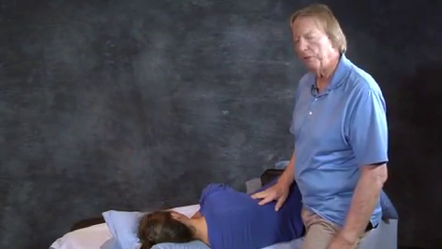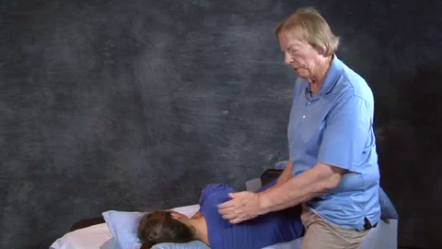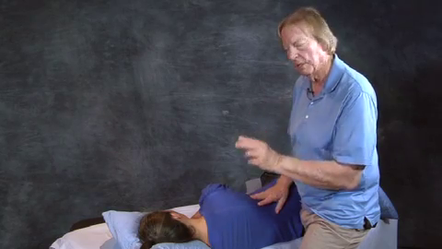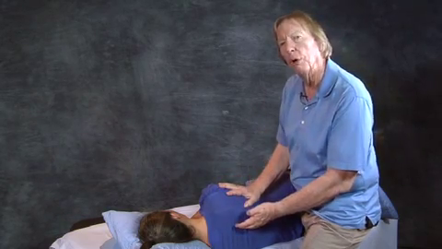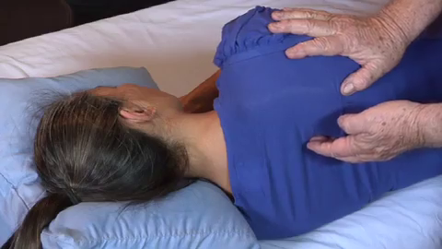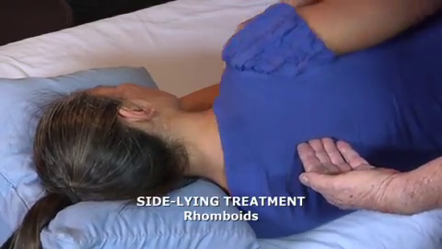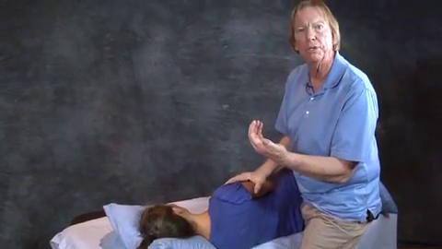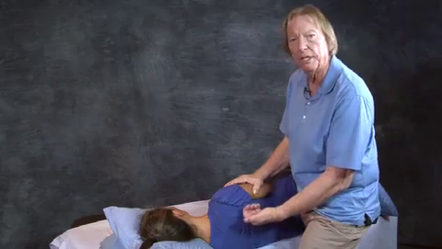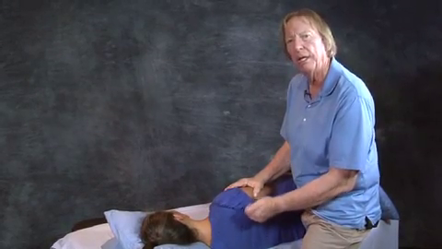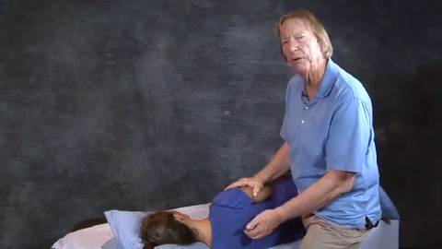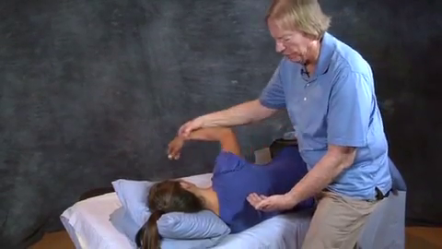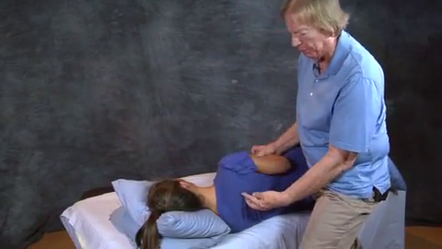In the side-lying position, you may be able to reach the levator scapula and the rhomboids on your client. It depends on 2 things. One, if the client is not overly hypertonic or tight, to allow some slack in the rhomboids to get up under there, and also the strength of the therapist. Some folks are not able to get the sufficient strength to do this technique. However, many can, and if you can, it's a very, very good one. So we'll begin with the hand right there on the body, not leaning over there because that puts it on stretch. We want to put it on slack,